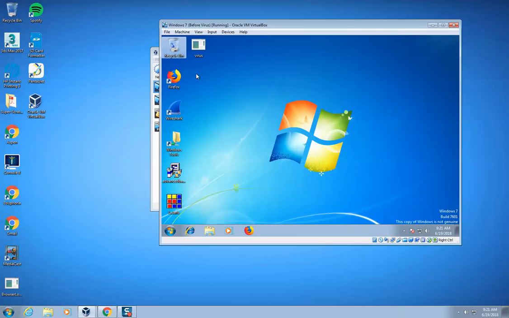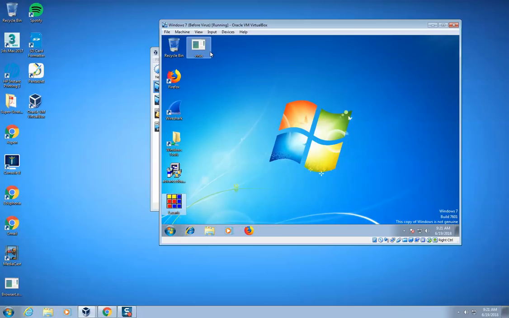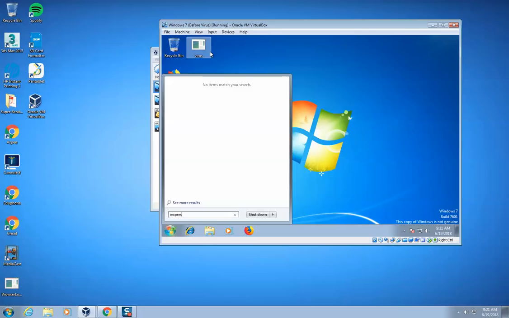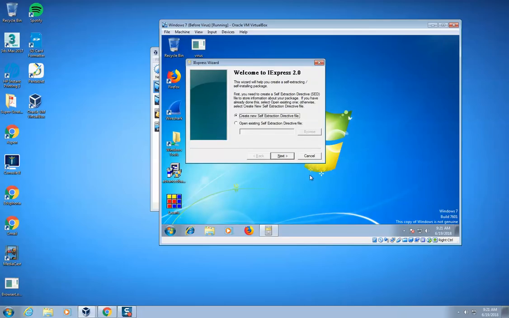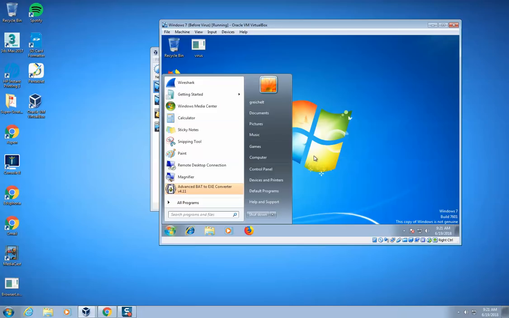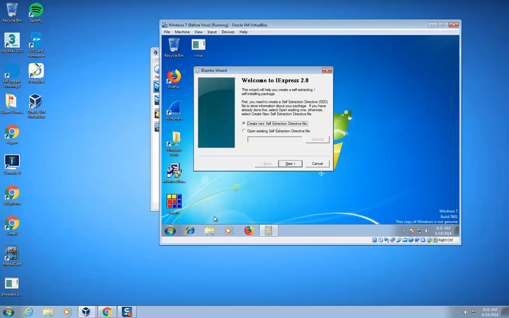So the next thing we need to do is we have our normal program, our Tetris program, and our virus, and we want to bind these two things together. We're going to use a Windows application called iExpress. Let me show you how to run that again. So you go to Start, and we just type in iExpress. Okay, you type that in, iExpress, and what this is going to do is allow us to